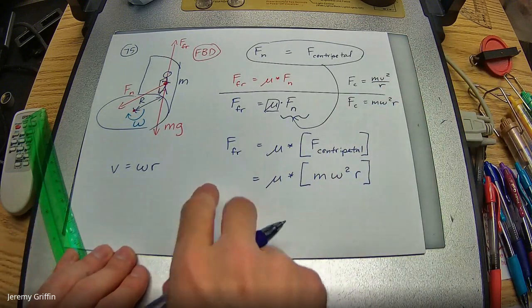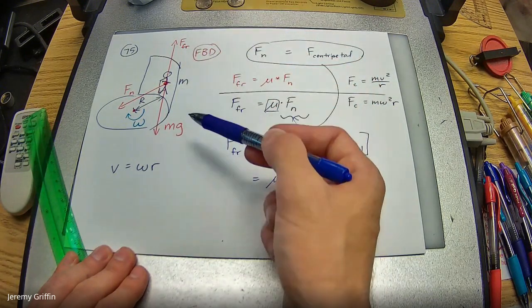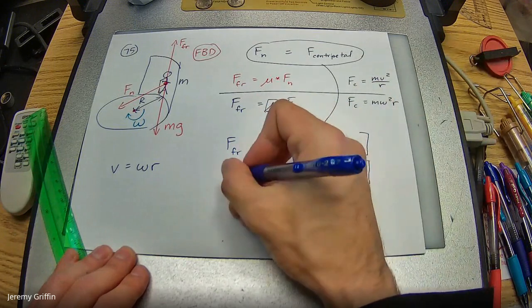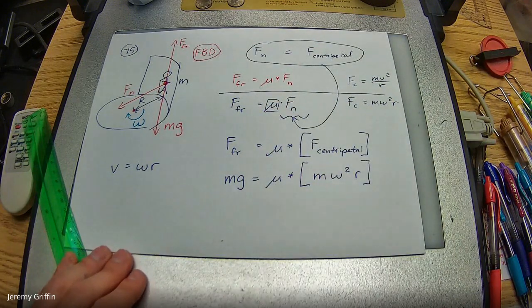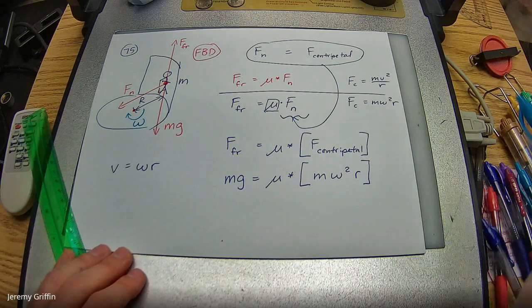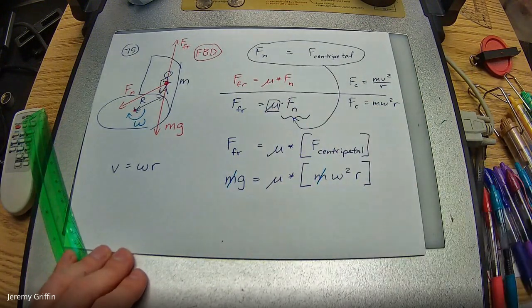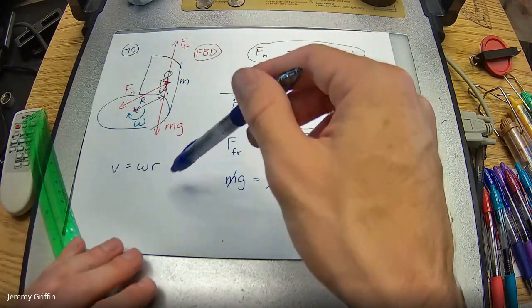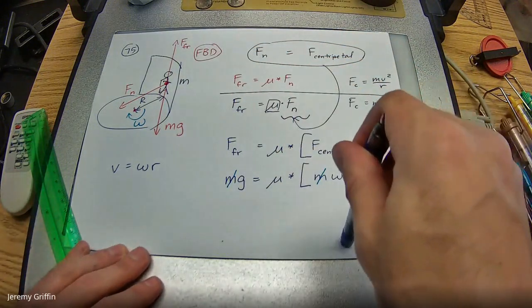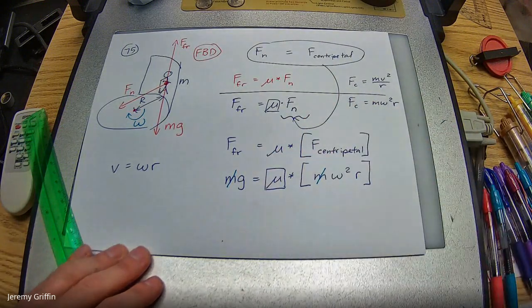And hey, the friction force, isn't that also equal to what? mg, the weight, right? So as long as the friction force can at least be as much as that, then you're good. So what's going to cancel on both sides? Mass. Yeah, you got mass. So what that means is that it doesn't matter if you have some kid in there, some adult, or lots of different riders with different masses. Whatever the answer is for the necessary minimum coefficient of friction, it's going to be the same for everybody.